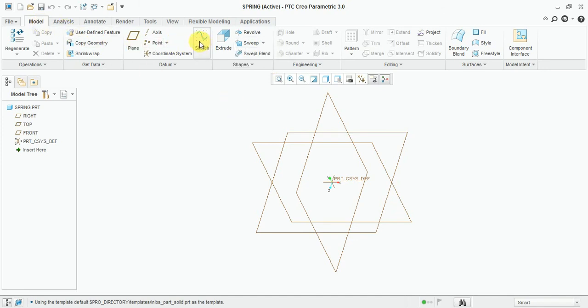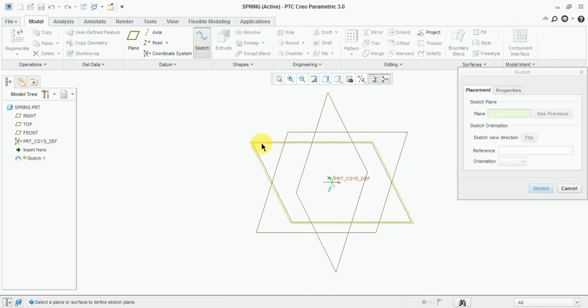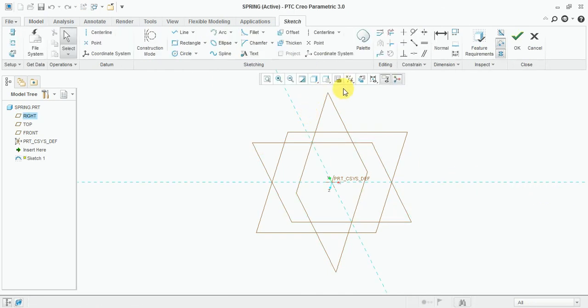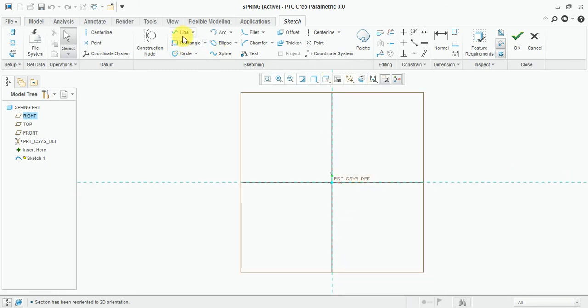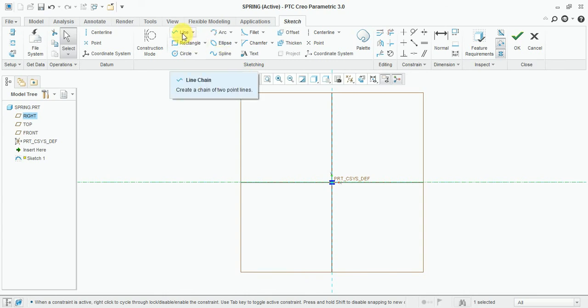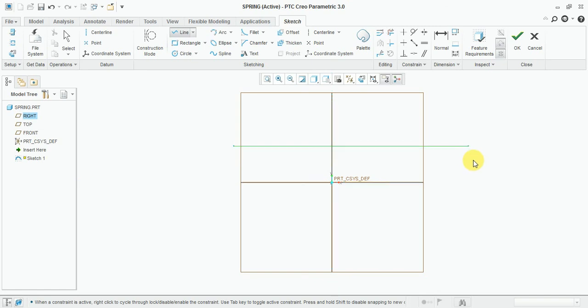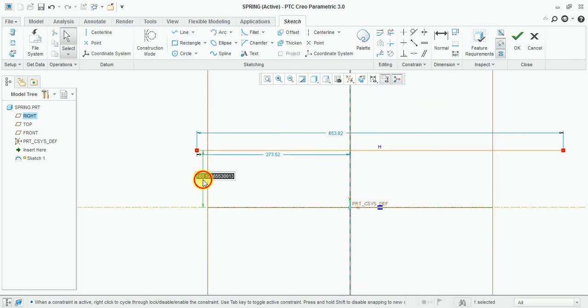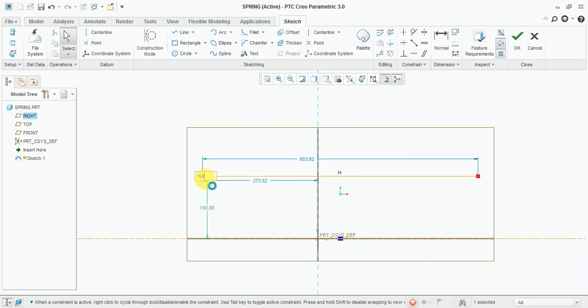Now select the sketch, select the plane, and draw the sketch. First of all we place the center line, because the helical generates symmetrically from this center line. Now draw one line, 150.